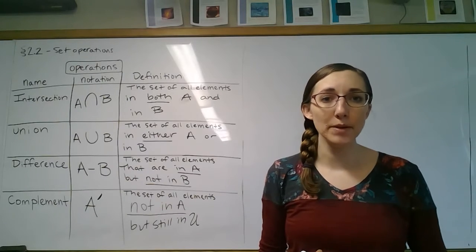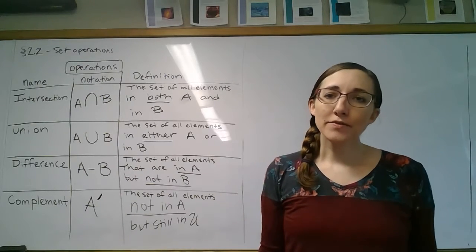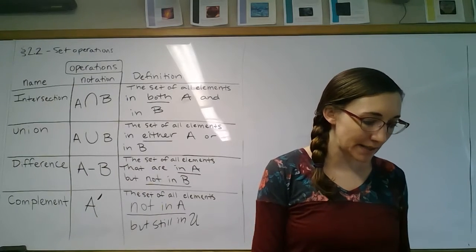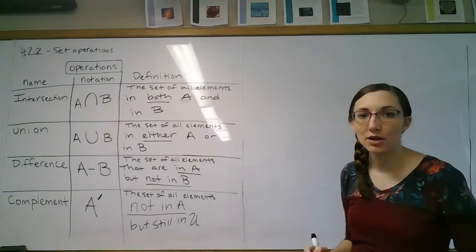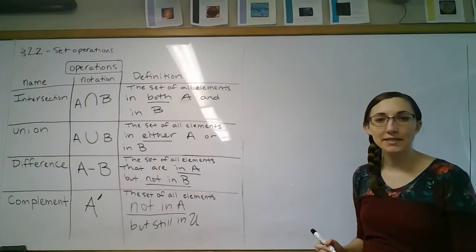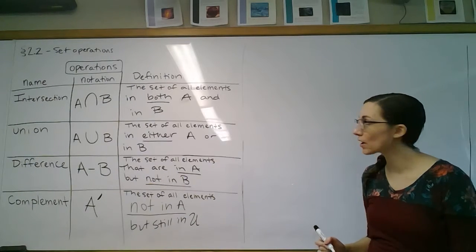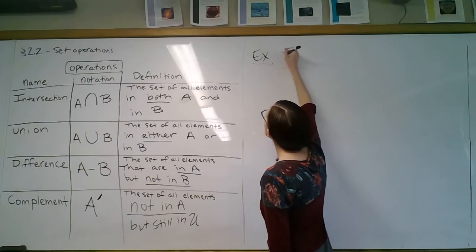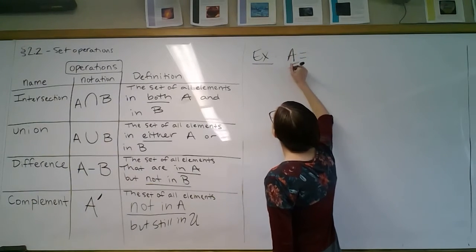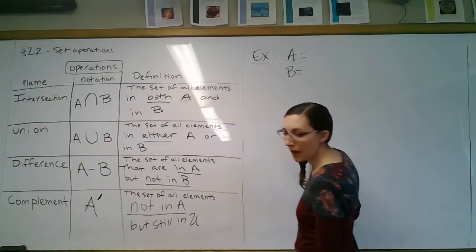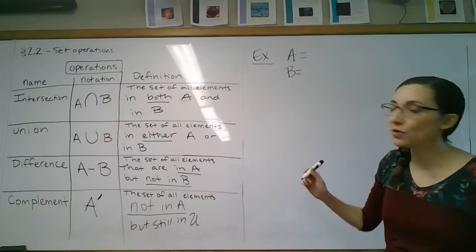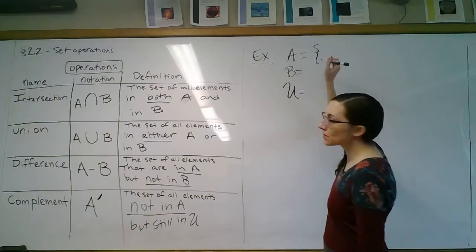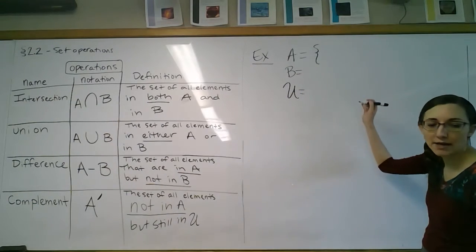So that's our complement. We've talked about kind of these ideas and these symbols, but let's actually try an example with some particular sets to see how this is going to work. So let's say, for example, that we have sets A and B, and then we have some sort of universal set. So let's suppose that set A is A, B,